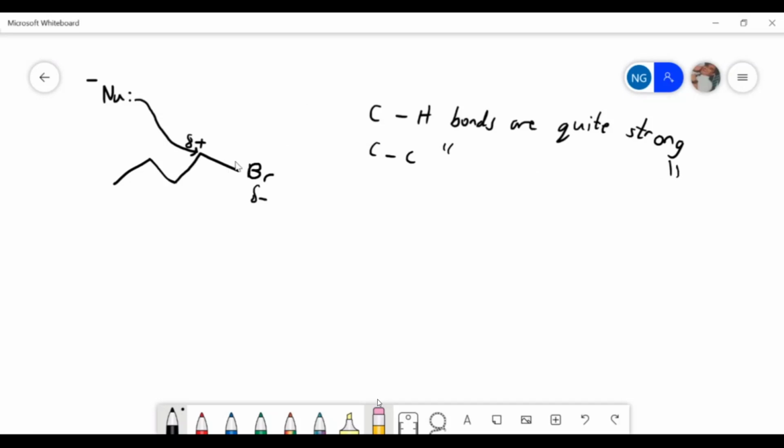But then if you look here, you have a C-X bond. Now C-X bonds are not that weak, but compared to other options, and compared to the bond being formed, we know that this bond being broken is going to be weaker. So let's say our nucleophile in this case is an OH minus. We know that an alcohol being formed here will probably be more stable for this molecule than a bromine being connected. So both of the electrons here will collapse onto this to give you your product